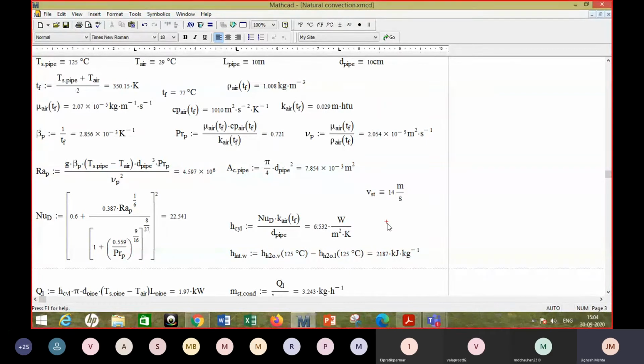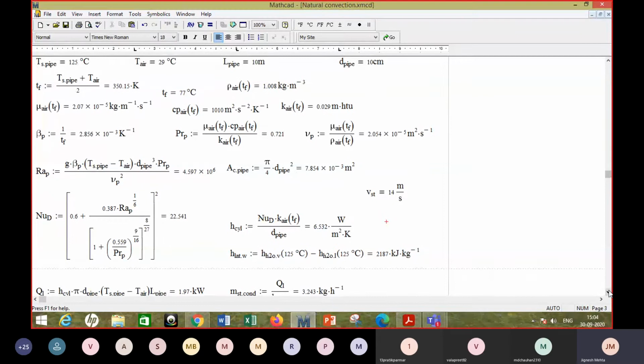In the previous example also, the solved example in the book, we could see that it was around 7. So air is already a poor medium for heat transfer, and here you are talking about a mode which is also again very ineffective, the natural convection heat transfer mode. The temperature differences are also not very high, so that will not generate very high velocities of the fluid. So h value is low.